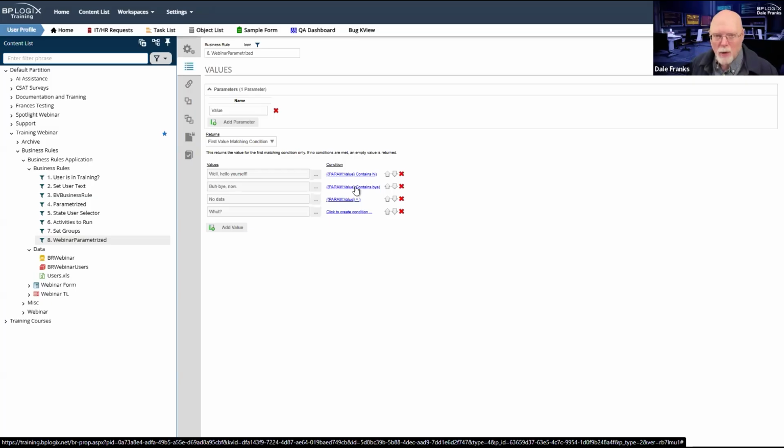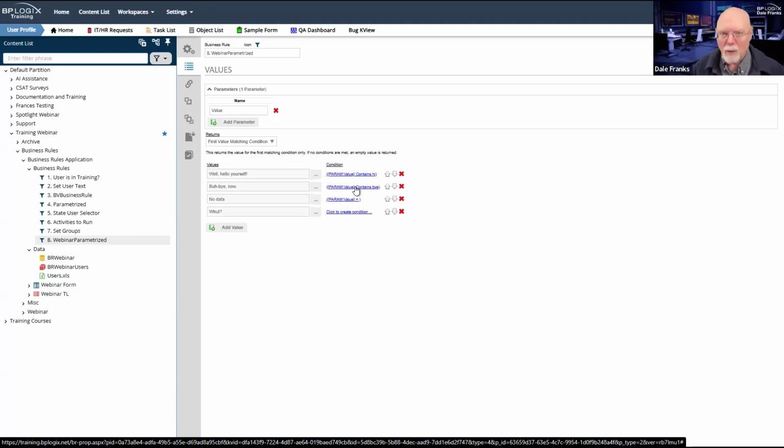Again, this is one of those general rules of thumb. If you're going to be basing something on a text value, especially a text box, where you have no control over what the user is going to enter, then you always need to account for 2 things. What happens if they don't enter anything? What happens if the box is just blank? And what happens if they enter gibberish? And for this example, gibberish means any value that does not match a value that I want to evaluate.